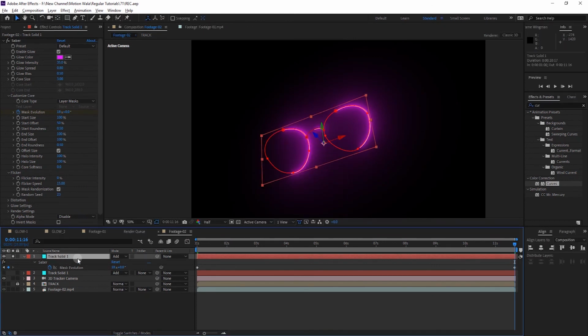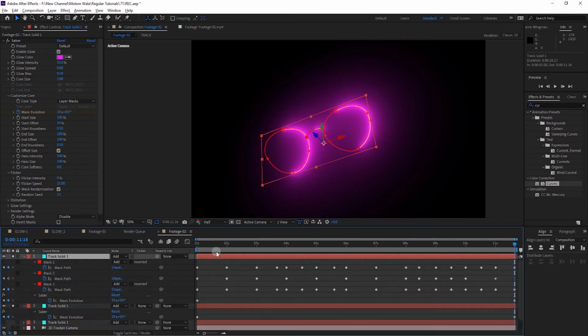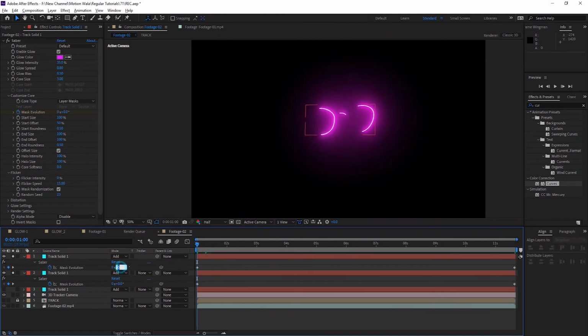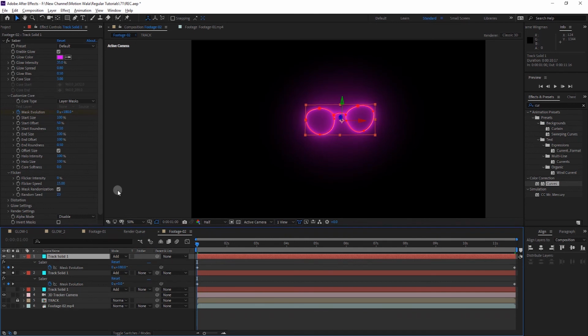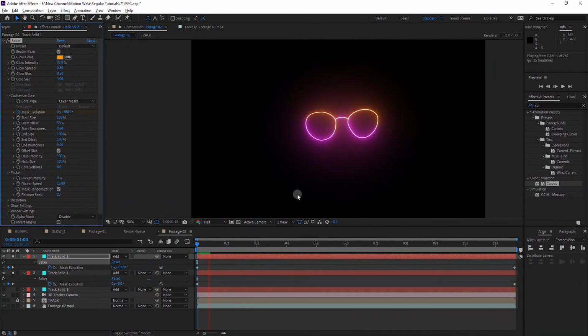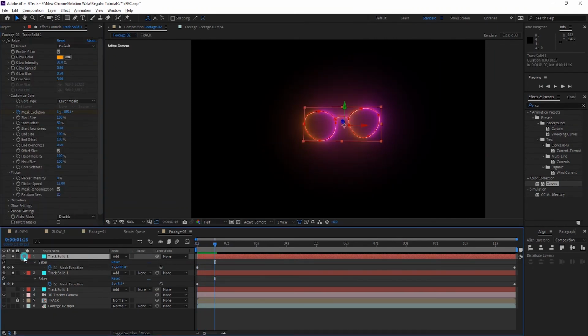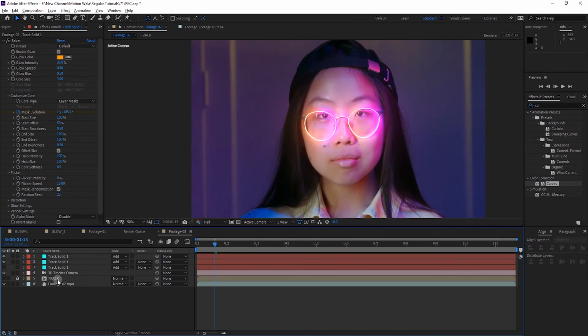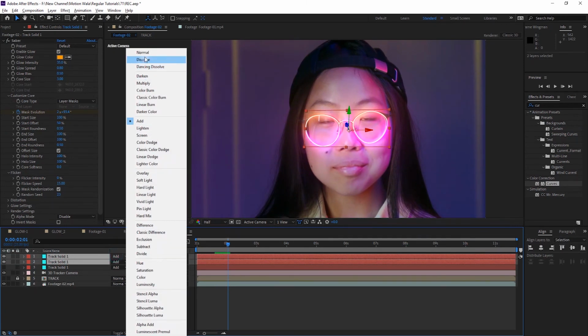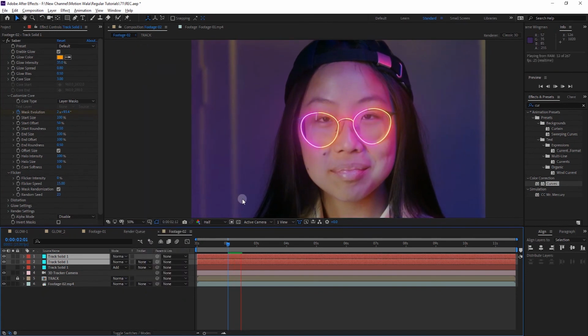Then I will duplicate this as well and press U, and on the last frame I will add 18 multiply and then 180, then go to the first frame and add 180 on the first frame. Then I will change this color to maybe some dark orange. Now you can see we have some color which is rotating, and I will change this mode to normal.